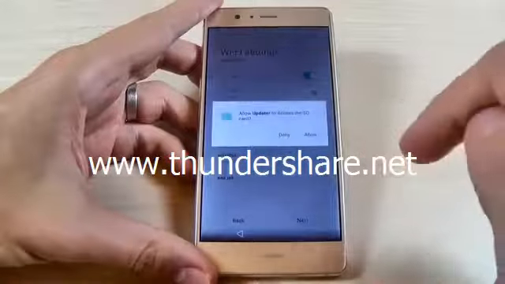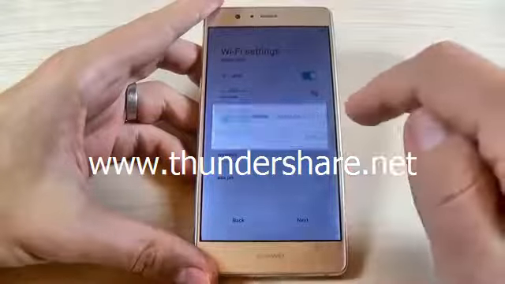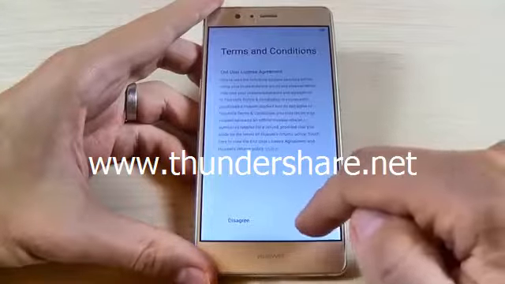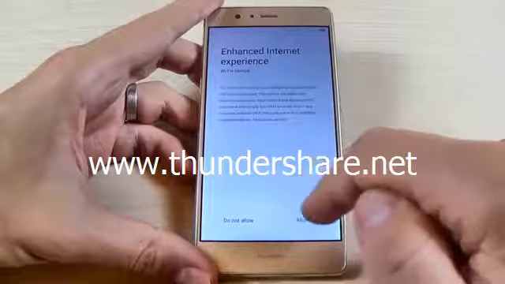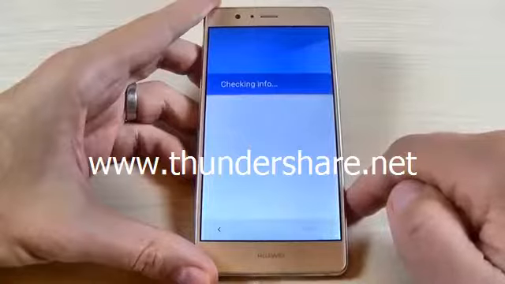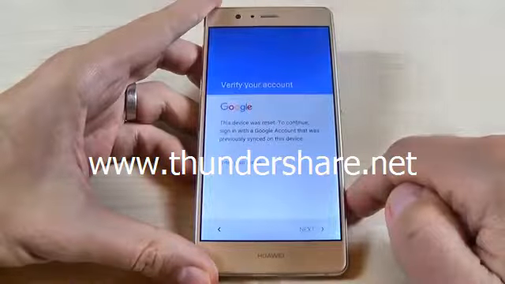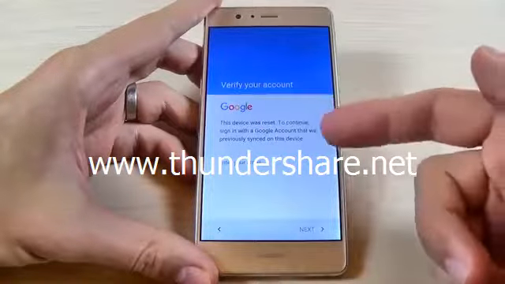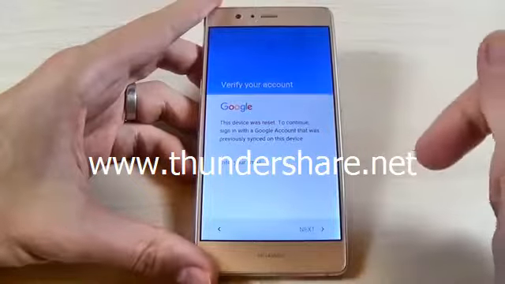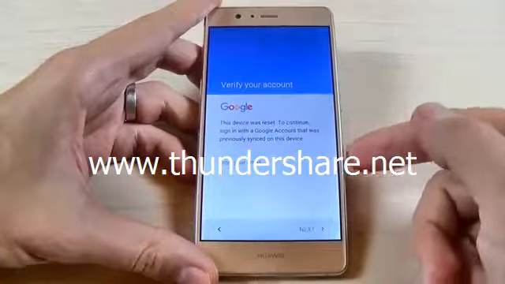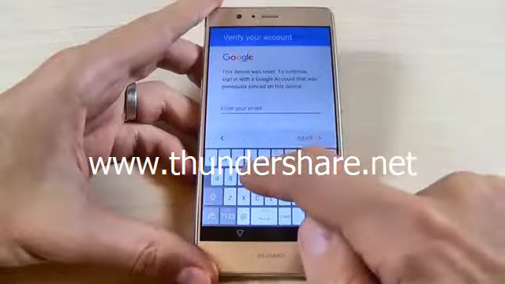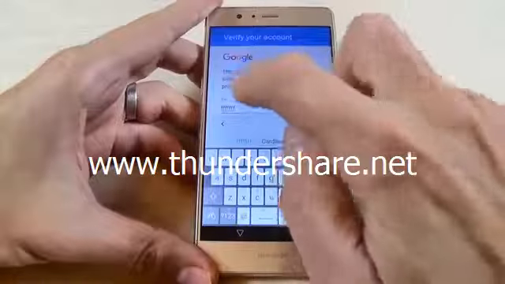And now you can here hit allow, and now you can hit next, and here hit agree. Again hit allow and wait a few seconds. And now this device was reset to continue signing in with a Google account that was previously signed on this device. Okay, so if you don't know this Google account, just hit here and type any word you want